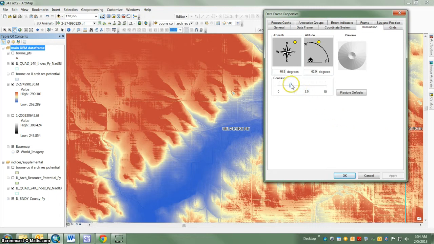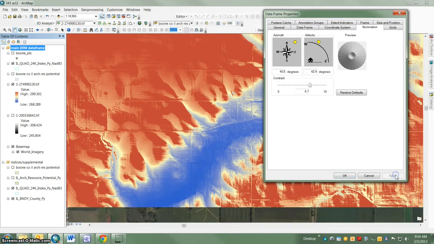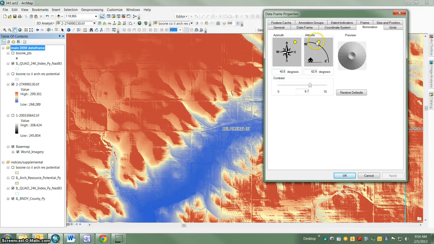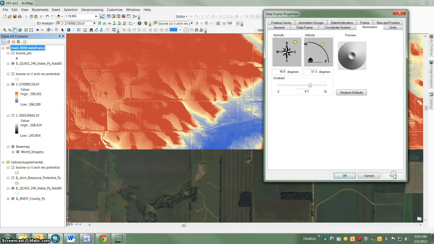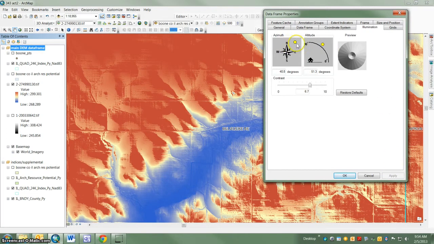So again, these are 3 combined controls in the data frame that we can use to change the view that we have. And so when you're looking at something, this is something where you may want to go and make these changes and look at it, get some different looks at it. Particularly the sun azimuth, that really changes the way that things look,